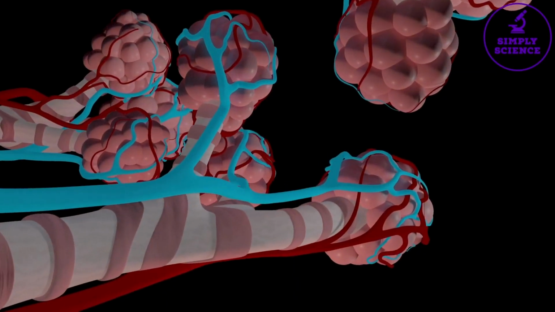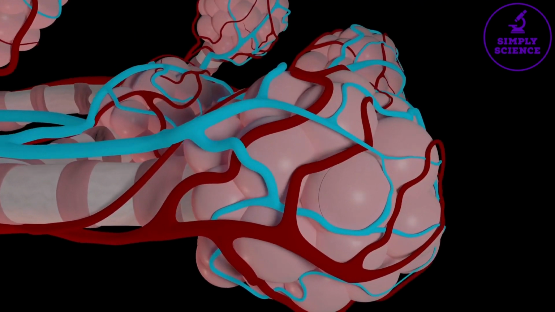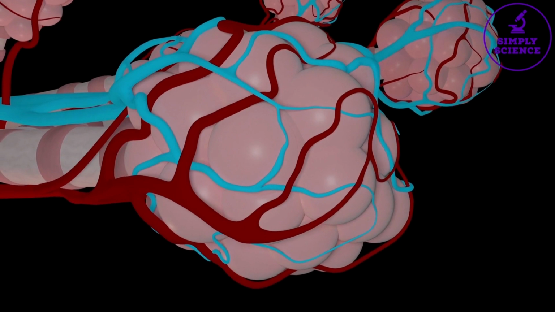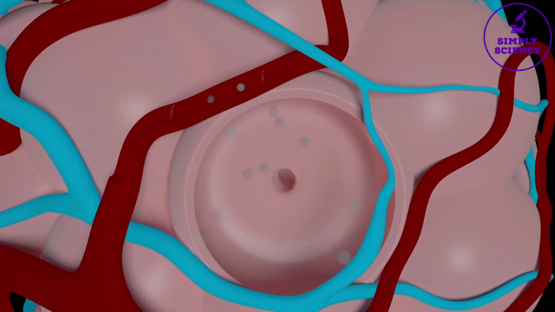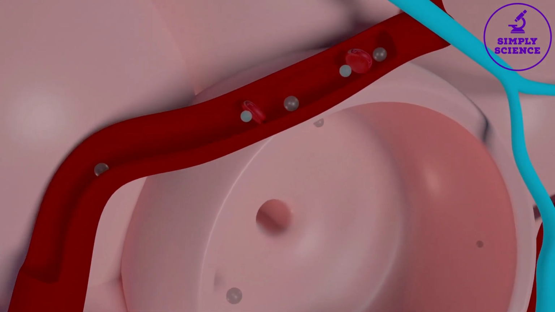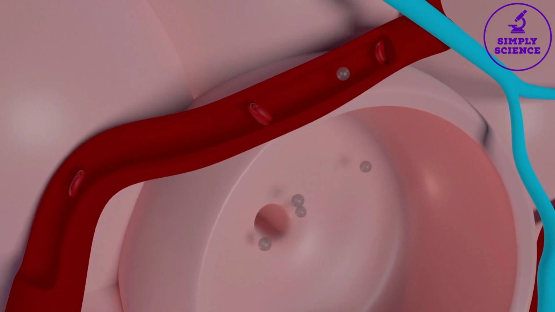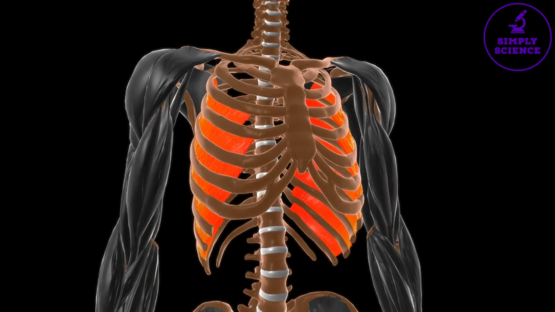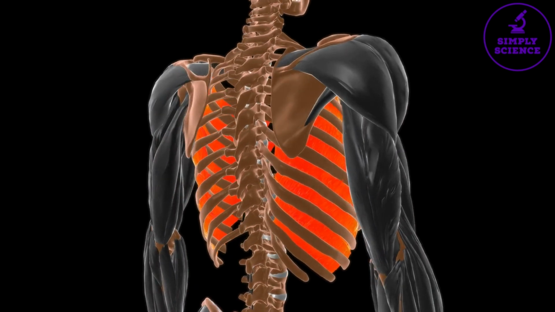There is an extensive network of capillaries surrounding each alveoli, ensuring oxygen-rich blood is taken away and carbon dioxide can diffuse from the blood into the alveoli. The round shape gives a large surface area, and the layer of moisture dissolves the gases, helping them pass across the gas exchange surface. The rib cage and intercostal muscles surround the lungs, and together with the diaphragm, they form